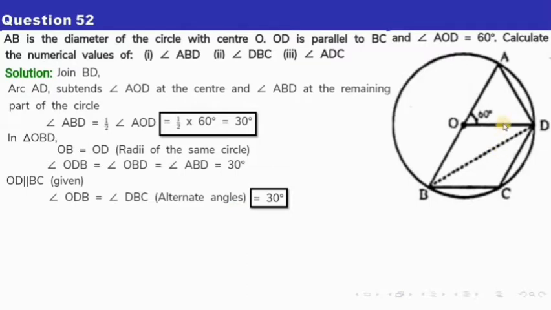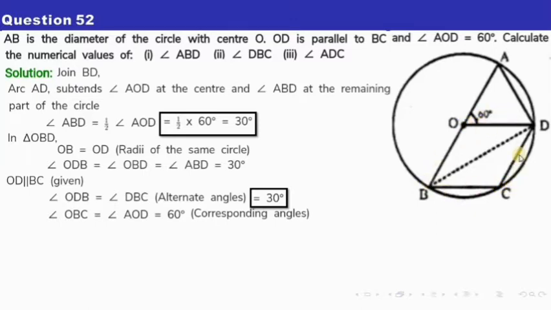And what is the value of this angle? This is 30, so that's why this will also be my 30 degree. So my second answer is 30 degree. Okay, now we have OBC, that is OBC means this full angle will be equal to AOD because they are